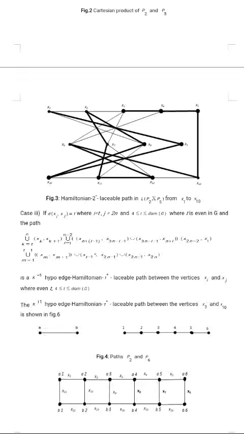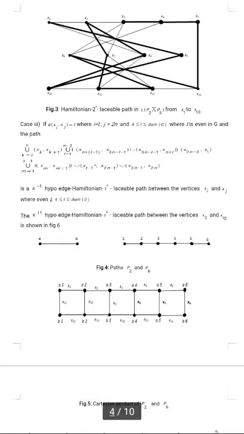Similarly, case 3 is d of xi xj equal to t. So here t is any distance apart from 1 and 2. In this, any distance means up to the maximum diameter of the graph. That t value should lie between 1 and n minus 2. The diameter is n minus 2, no? So it lies within n minus 2. In that case, what is the Hamiltonian laceable path? You can see this path is a Hamiltonian t laceable path for even t.